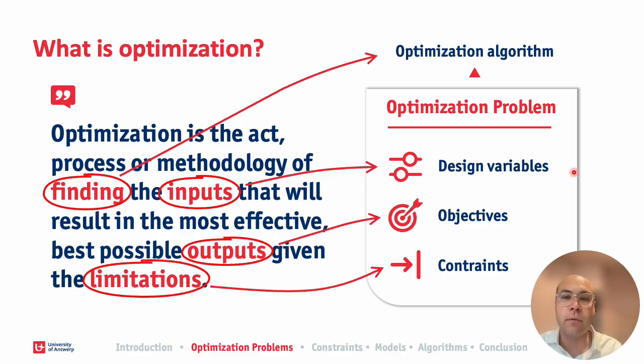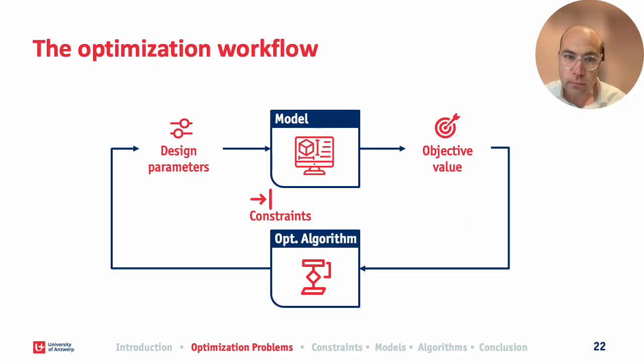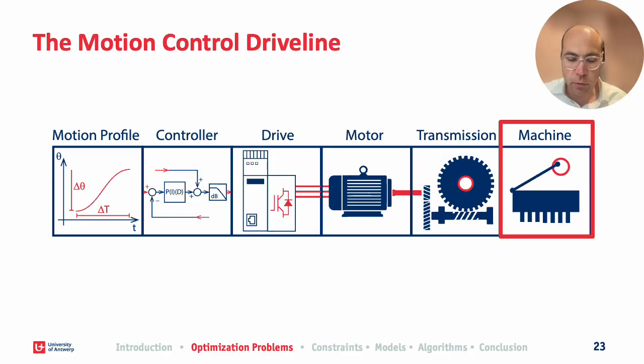If you do it yourselves, first of all, you need insight in what you optimize, and we as machine designers have that insight in the machines. So we need to define the design variables, the objectives, the constraints, and select the optimization algorithm. No black magic required. So this is the optimization workflow, and then we can, for instance, apply this to the